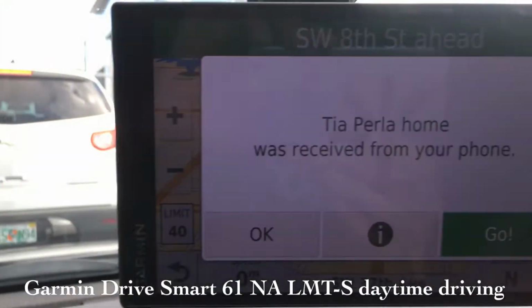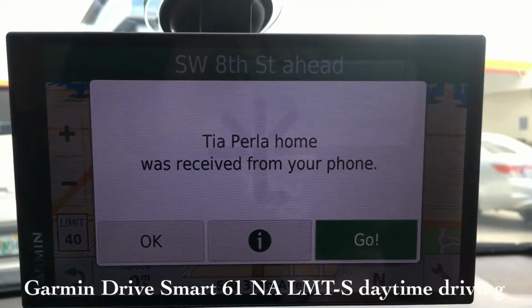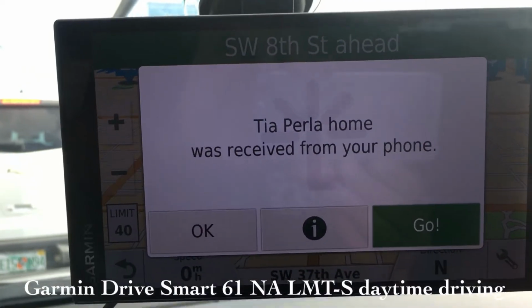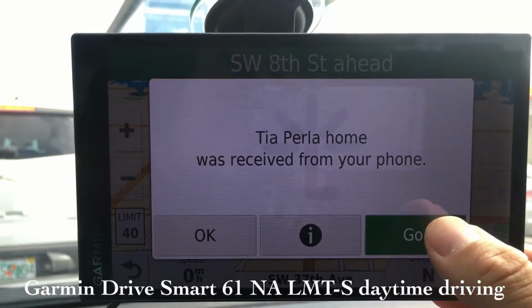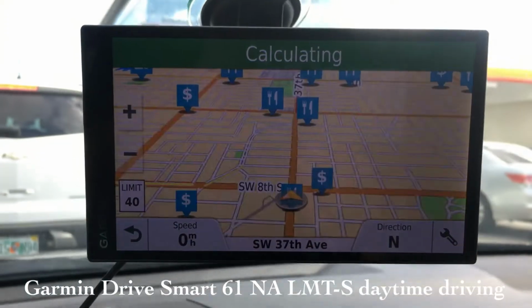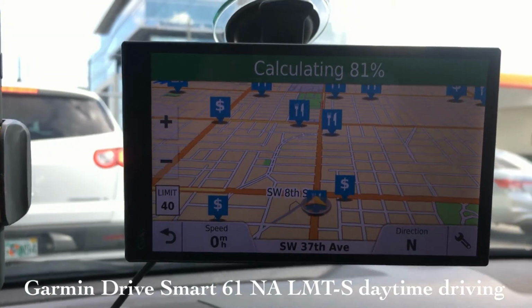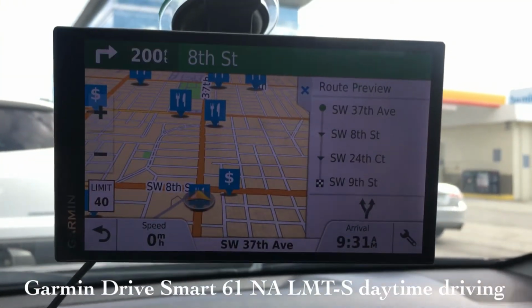I'm pressing on that, and you can clearly see on the GPS device, I get a prompt saying, do I want to go to that address? So I just click go, and that's it. Now, in this particular case, right at the traffic light,